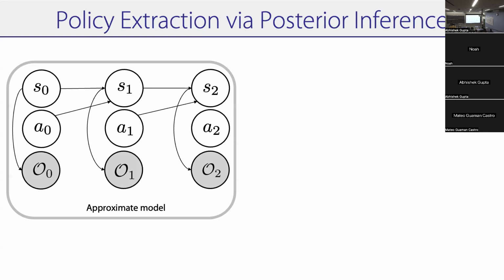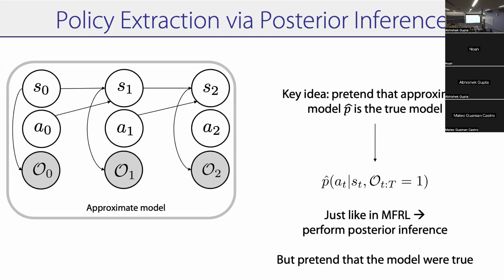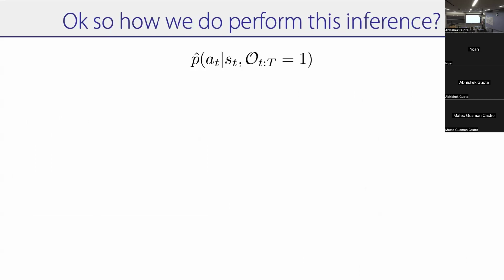Okay. Great. So as Raymond just asked, do we still need Qs and all of this variational inference stuff? The answer is yes and no. But what we're going to do is pretend that p hat is the same as p. This idea is called certainty equivalence, which means that you're sure that p and p hat are equivalent with certainty. So you're going to pretend that p hat was p, and you're going to try and do posterior inference.